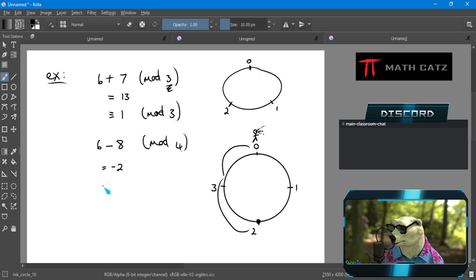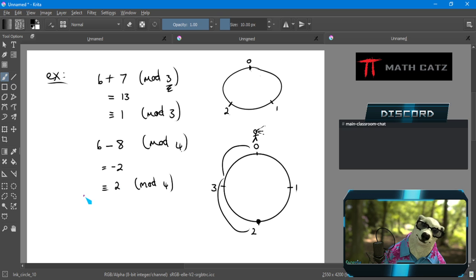That's going to put me over there, and that is therefore equivalent to 2 mod 4. I do the same thing as what the -2 tells me to do on the more intuitive number line: walk 2 steps to the left, either looking to the right and stepping, or do whatever you want. Move 2 steps to the left, 2 units to the left.